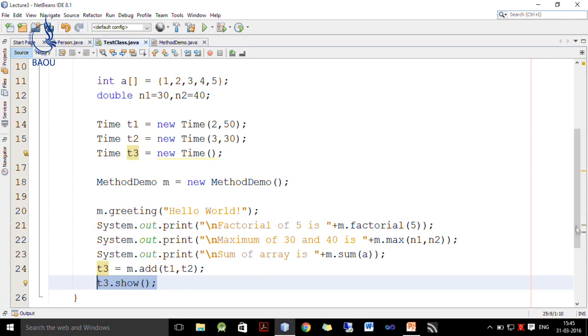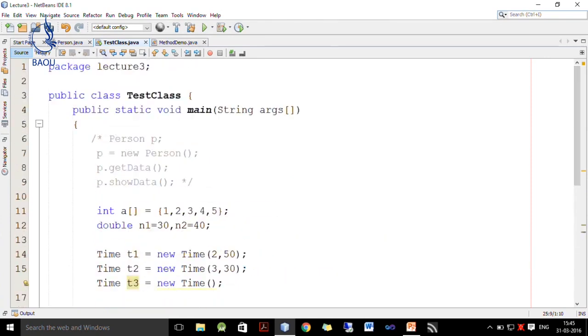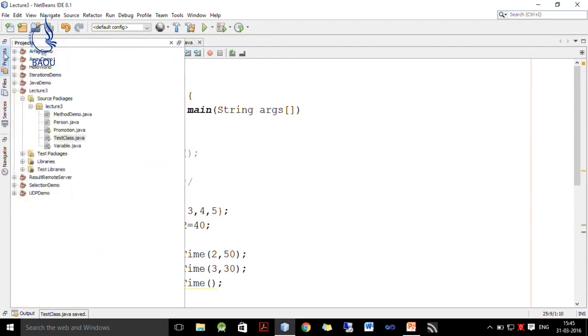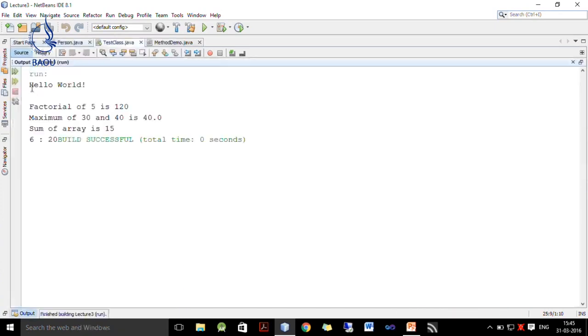So, we want to run this. We save this file and run it by right clicking on it. So, I run this file. Now, greeting will print hello world, factorial of 5 will be found by the factorial method of the method demo class, and it returns 120.